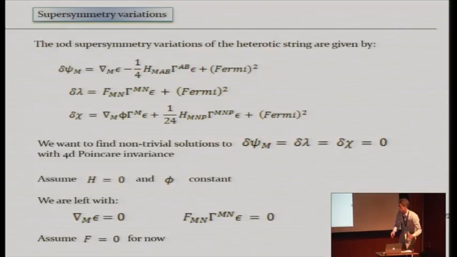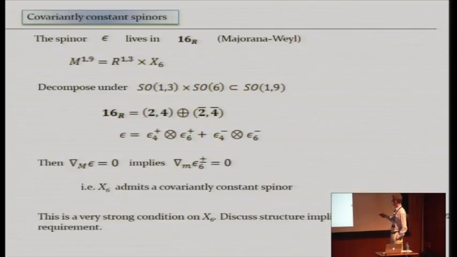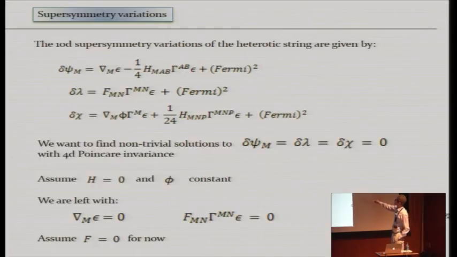Okay, so if you want to preserve some supersymmetry, you have to start with the 10-dimensional supersymmetry variations and try to find some transformations that are not broken. So, how do we find those unbroken transformations? We just start with the standard supersymmetry variations of the heterotic string in 10 dimensions. I've written here the variation for the gravitino, for the gaugino, and for the dilatino. These are completely standard results from the supergravity literature. H here is dB, the exterior derivative of this 2-index tensor field.